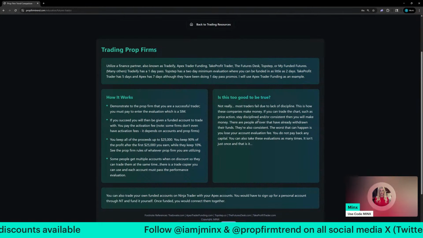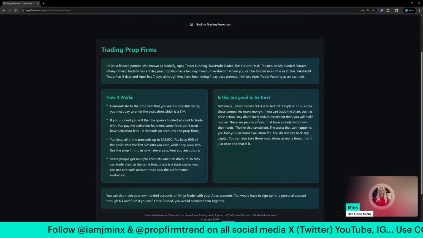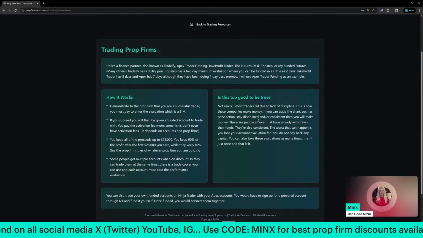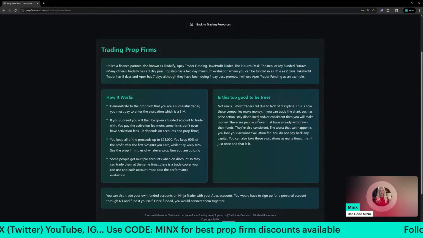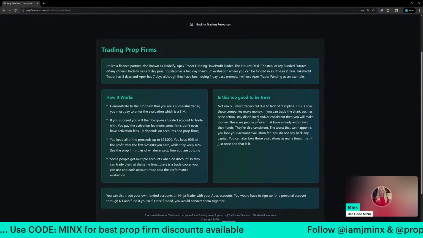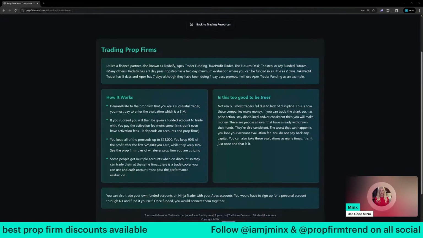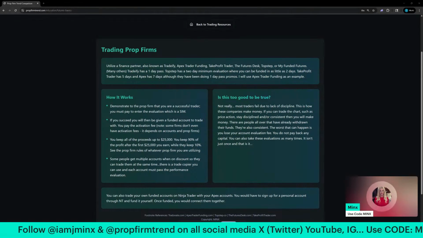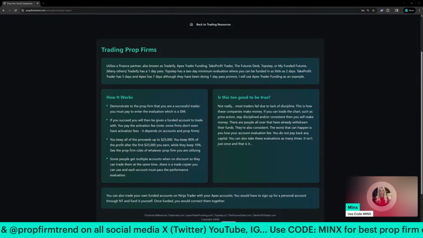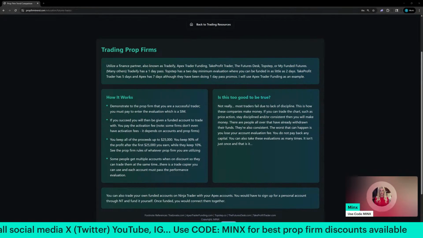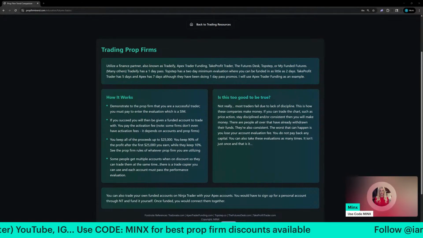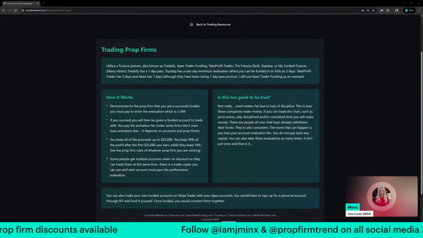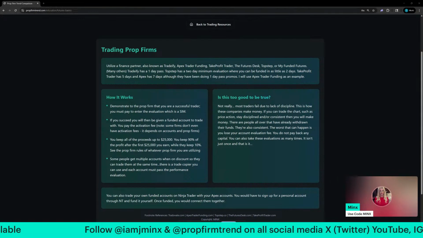So the worst thing that can happen is you lose your account evaluation fee. You don't pay back any capital. You can also take these evaluations as many times as you want. It's not just once and that's it. So in my opinion, if you just want to test out futures, you can go to Tradovate or NinjaTrader. They've got a free demo account to play around with, or you can start out with an evaluation, which has tight regulations, but you're essentially forced to have good habits